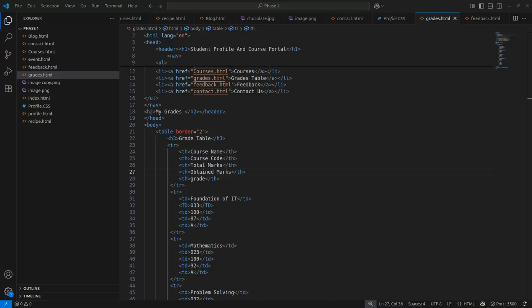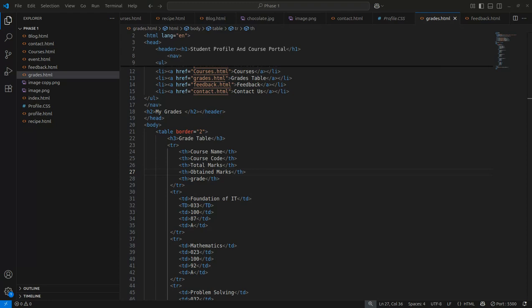So, in this page, I have created a grid table using HTML. The table shows the marks and grades of different subjects in a clear and organized way. I use basic HTML tags like table, tr tag, th tag, and td to structure the data properly.